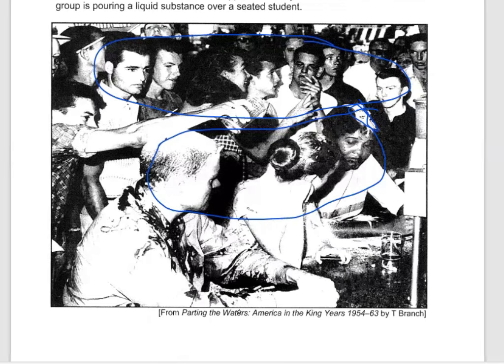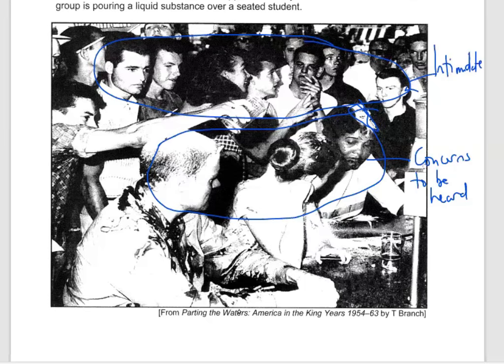These ones here who are seated, they wanted their concerns to be heard by engaging in a sit-in. It was a way of showing their discontent. That is on these three who are seated, and these ones who are pouring a liquid on the ones who are seated. What we can relate to in terms of what they wanted to achieve is that they wanted to intimidate these guys. They wanted to scare these guys.